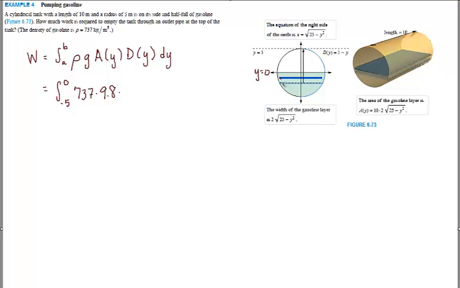So I've got this x distance, but this x is just the equation of a circle, and there are two of those, because this x distance wouldn't just be this one x, but it would be this x and this x. So I'm going to get that my area is 2 times that radius, and then because it is a rectangle, the length of that rectangle is 10. So that's my area function, so it will be basically 20 times the square root of 25 minus y squared. Then the distance that it's going to be moved is just 5 minus whatever this y distance is here,